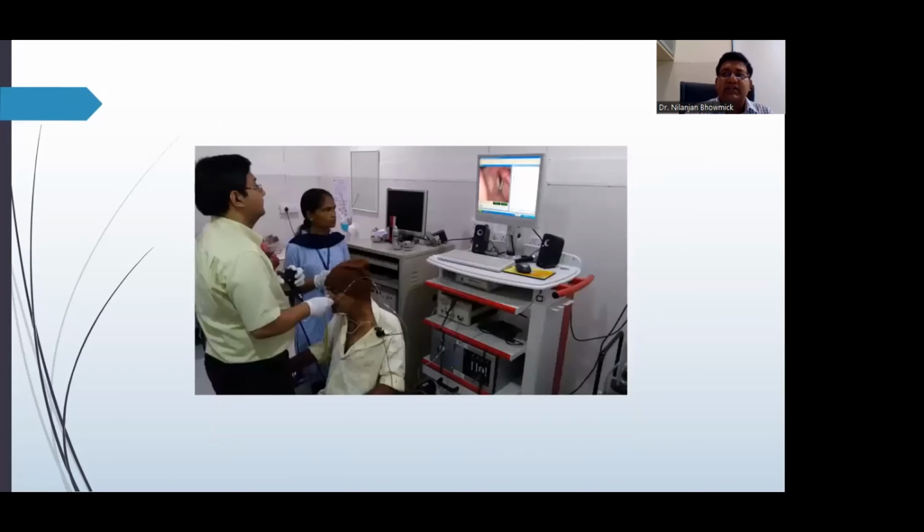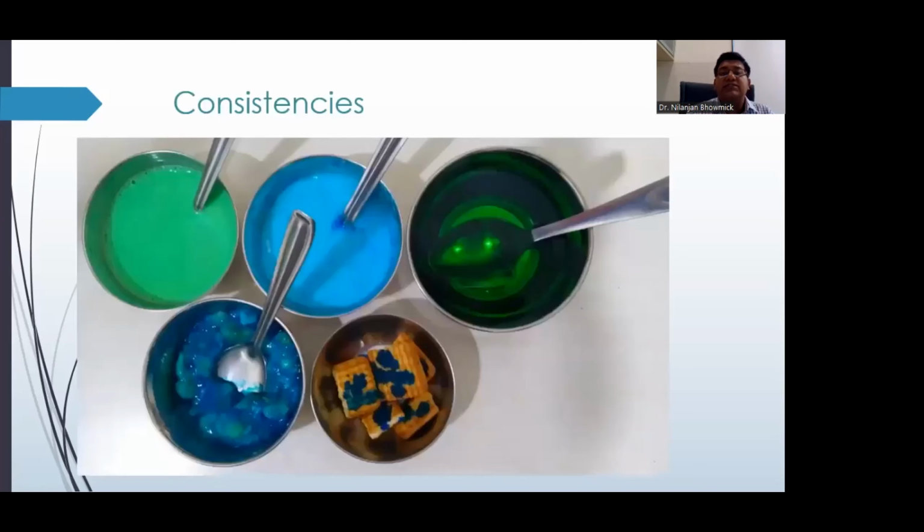After initially doing a nasolaryngoscopy and assessing the status of secretions in the pharynx, and also asking the patient to conduct a few dry swallows to look at the various movements, we go on to give the patient colored feeds. These feeds vary in consistency from thin liquids to hard solids, with 2 or 3 consistencies in between.